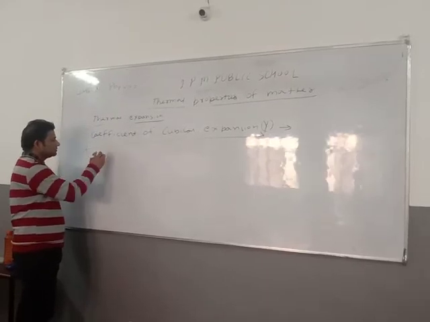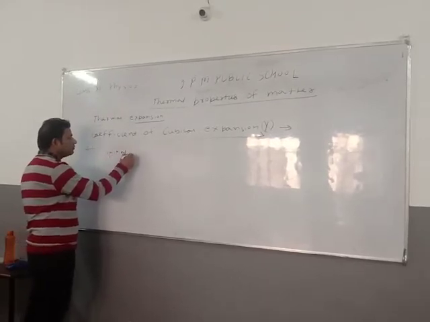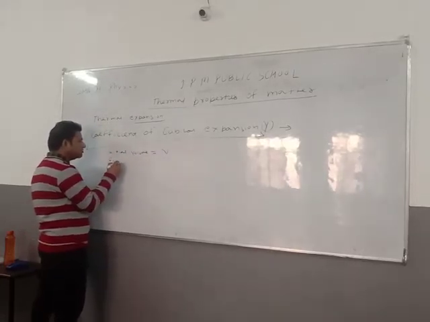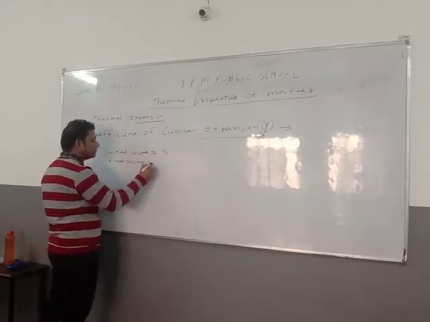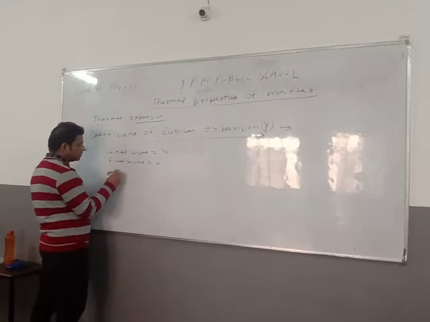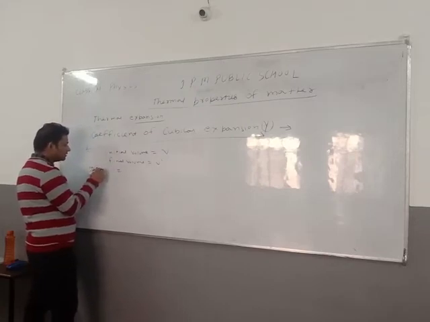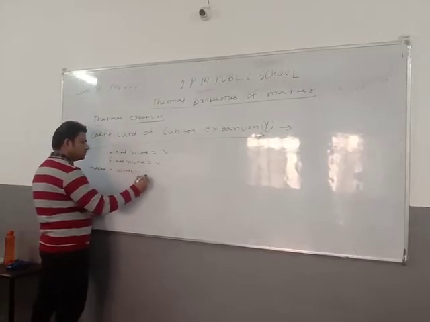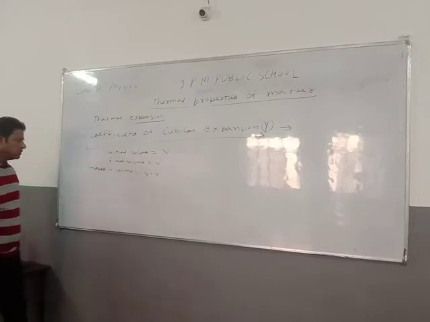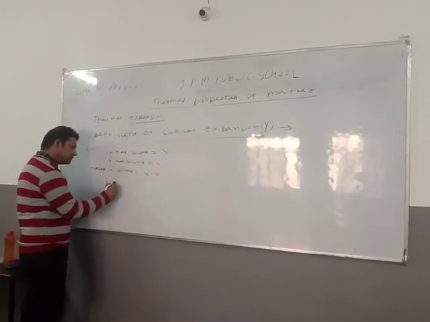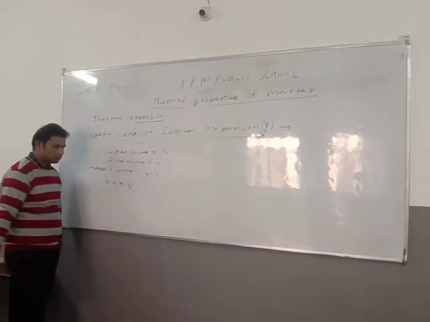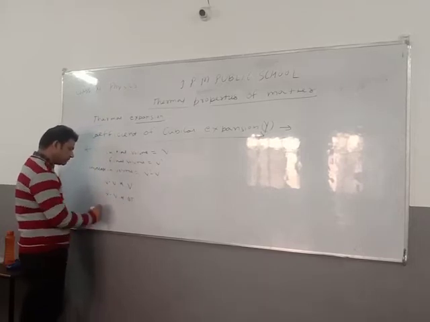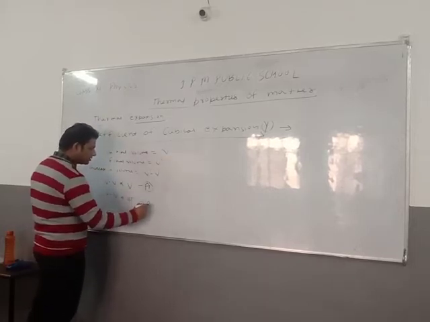Initial volume is B, final volume is B dash. So the change in volume, meaning the increase in volume, is B dash minus B. B dash minus B, the increase in volume, is directly proportional to volume. Increase in volume is directly proportional to del T, which means the change in temperature. This is equation A and this is equation B.